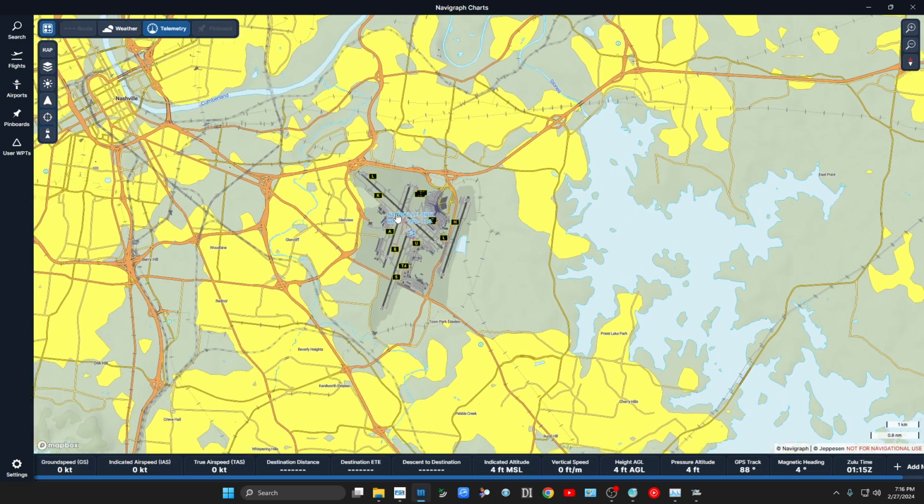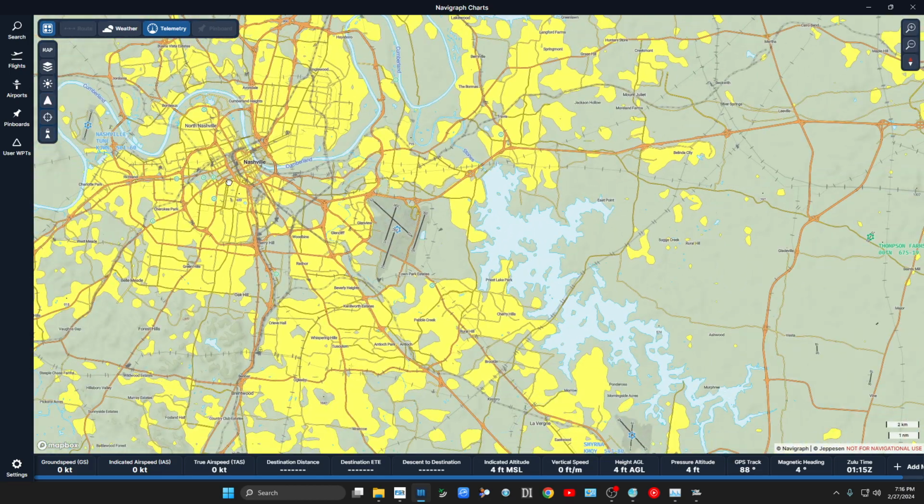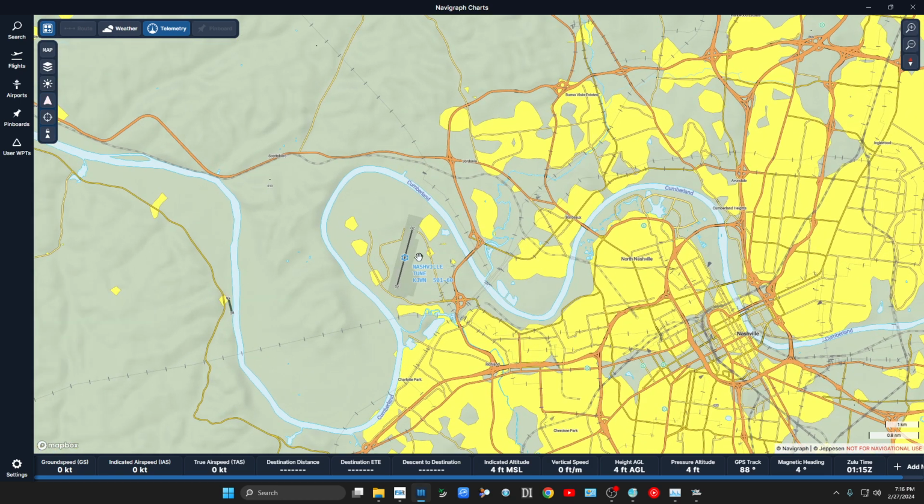And that's about as simple as it gets. The standard entry to a traffic pattern is, so let's say your intentions are to land on runway 2 at John Toon here. If you're coming in from the west, ideally you would want to enter the left downwind for runway 2. So you come in and you enter directly, you just make your right turn to your downwind leg in the